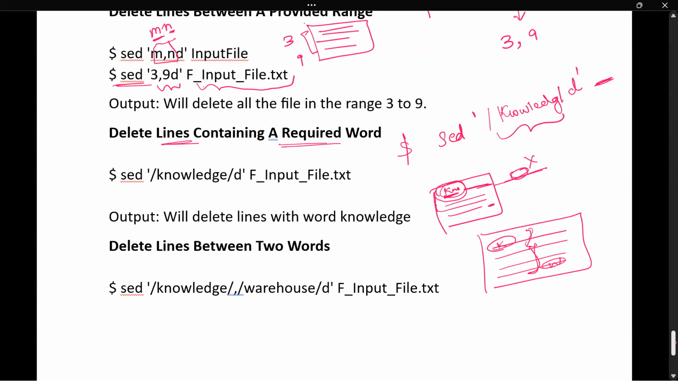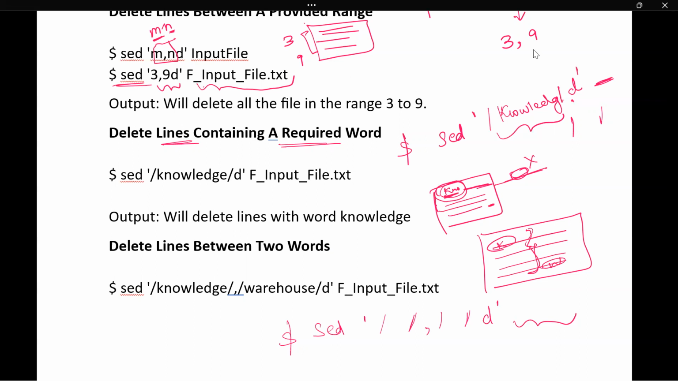I need to mention the starting word, comma, and the ending word, like dollar sed, starting word comma ending word, then d, and mention the file name. That's it. So this is one of the simplest ways we can delete all the contents which is present